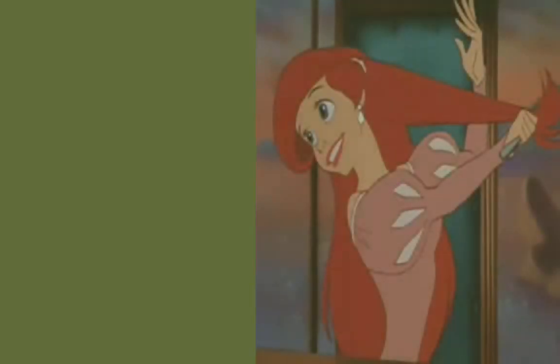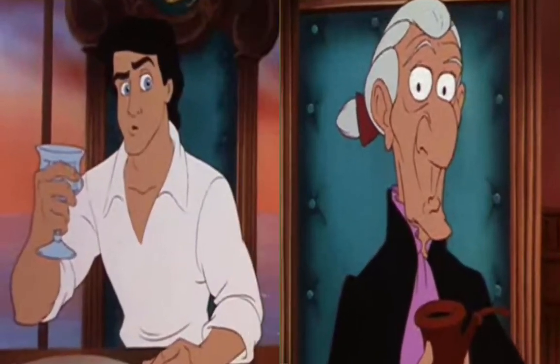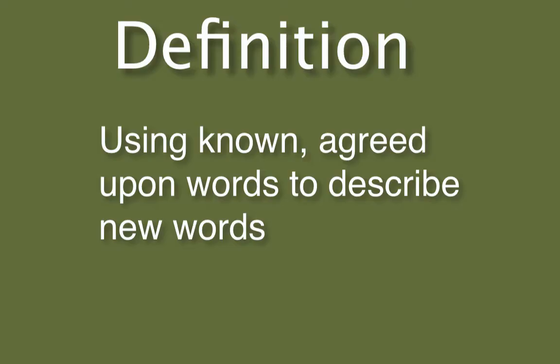When Ariel meets the prince, you witness the astonishment when she doesn't know the definition of the word fork. Mathematicians would have these same looks if we didn't use correct mathematical definitions. A definition uses known, agreed-upon words to describe new words. So, Euclid asked for 3 simple words to be agreed upon, or undefined, so he could build the ideas of geometry and the definitions we know and use today.